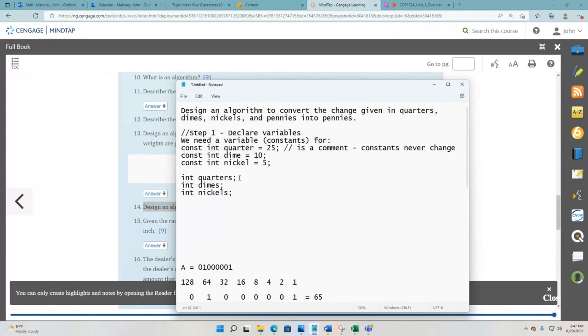Now you could do int quarters, comma, dimes, comma, nickels, and then semicolon. So you can do it this way, or you can do it the way I did it at the beginning. If they're the same data type, you can put them on one line, separate them by commas. You need a semicolon at the end of a code statement. So if they're separate lines, they have to have semicolons. All right, so now we have done our variables. So now step 2,